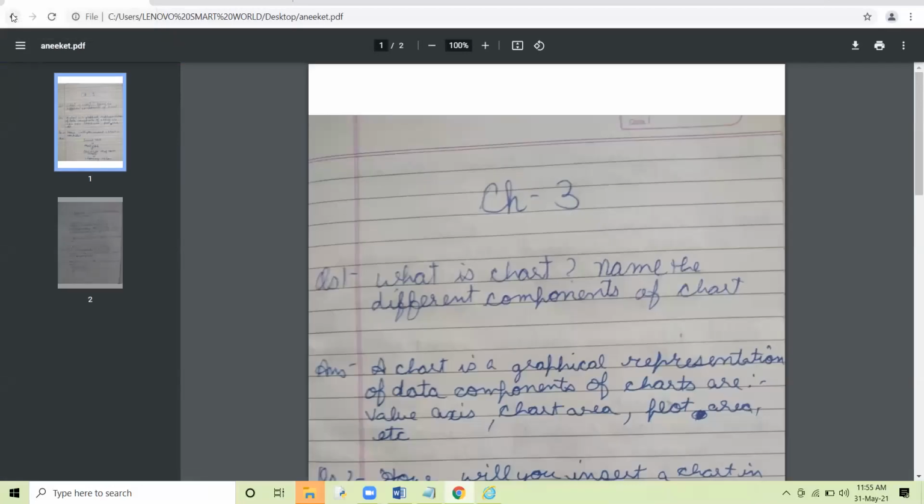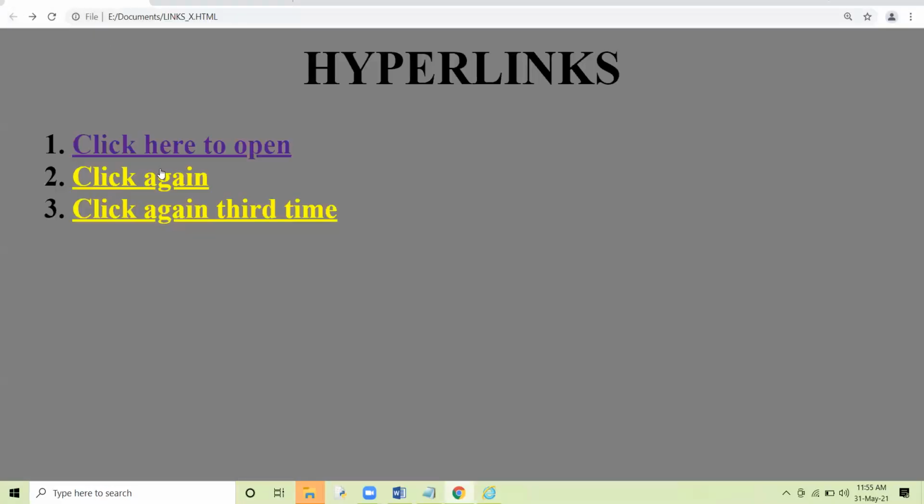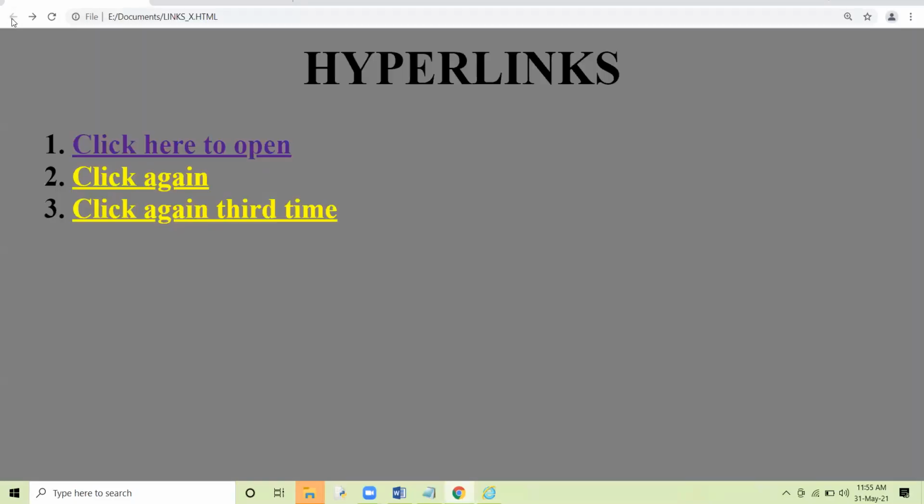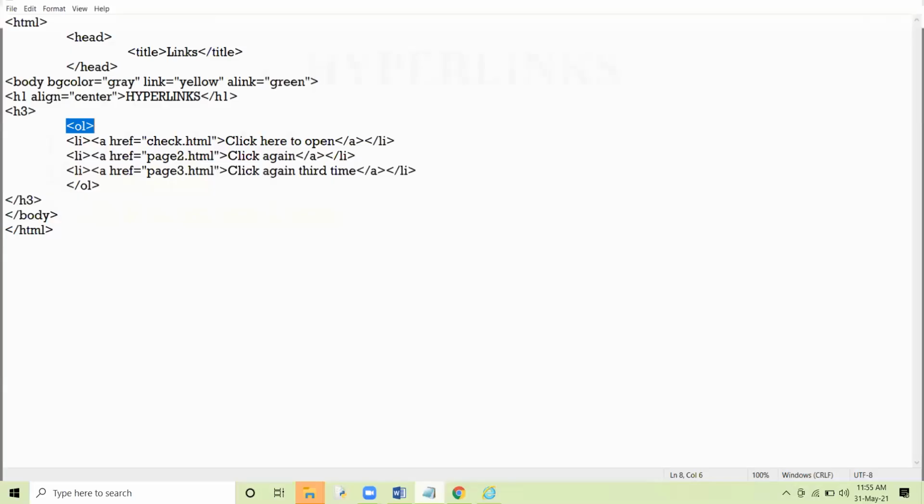I jump to this web page check.html. In this web page there was one more hyperlink, clicking upon which I get connected to the PDF file. Clear? Then the second hyperlink. Then similarly, the third hyperlink. Am I clear to all? The concept of hyperlink is clear.